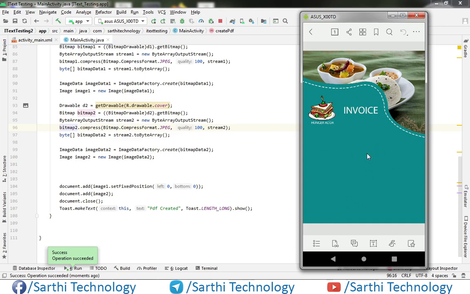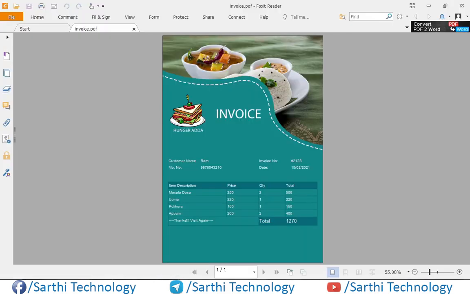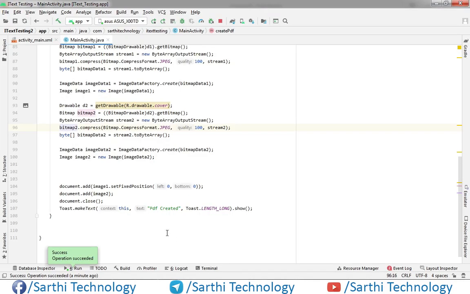Now we need to add this information, and in this video you will also learn how to change the color of this table lines. First create one table.